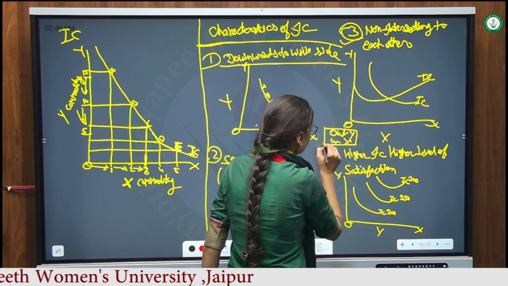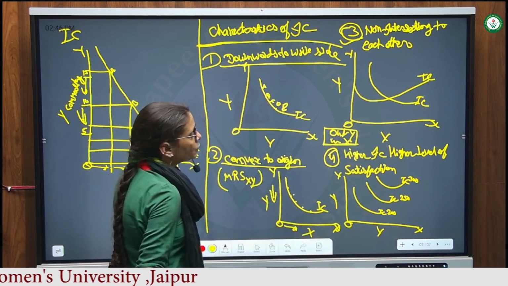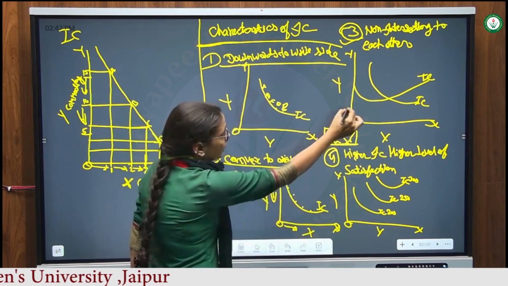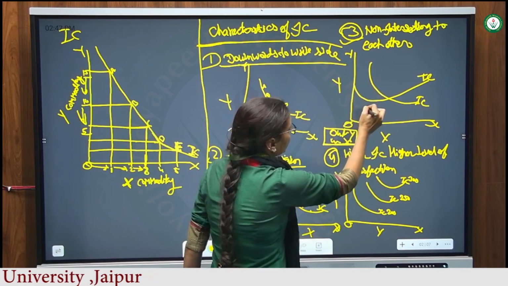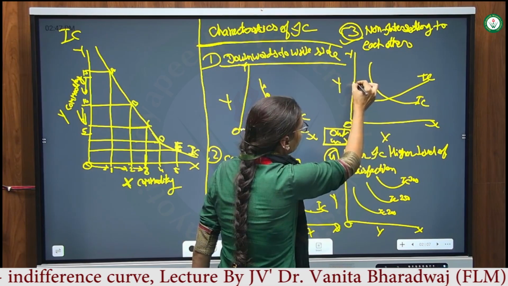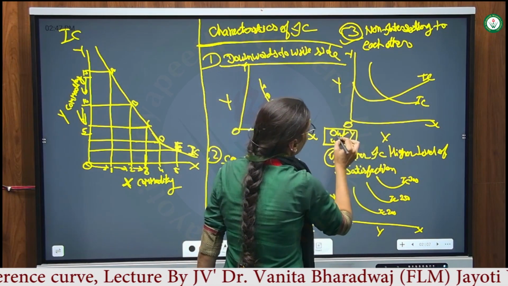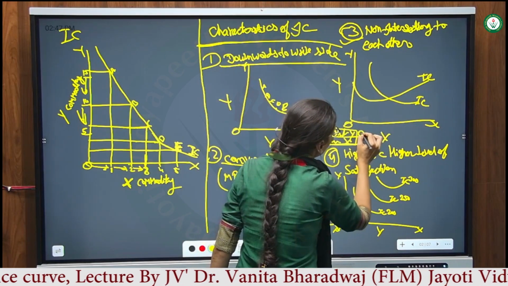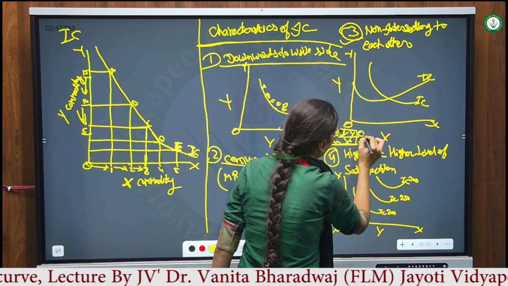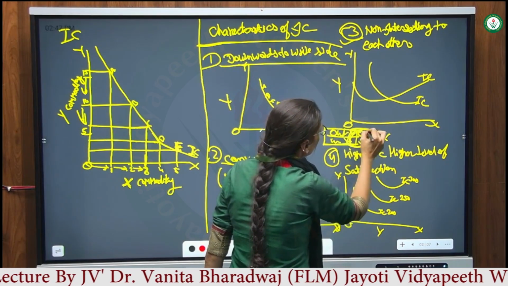This combination is not giving the same level of satisfaction as the others. That's why an indifference curve cannot touch any axis. If it touches any axis, that means he is using 0 units of that commodity. This combination is showing that y is 0 units with some units of x. This combination will not give the maximum satisfaction to the consumer.